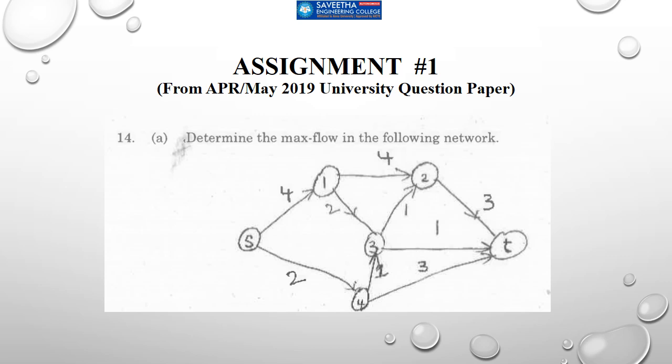So I hope you have understood the concept. The concept is very simple. You can go through the slides once again. And this is a question which appeared in a previous year university question paper. Determine the maximum flow in the following network. Similar to how we discussed, values are given here. So we have to start with the source node, find each path, and for each path keep on augmenting the values, initially considering the minimum value, then writing it with a slash so that we determine how much flow has already been done, and so on.